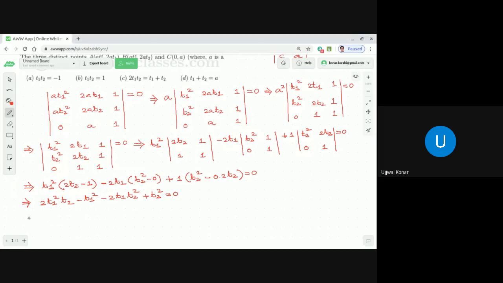So what can we take common? We can take 2t1 t2 common from the first and third term. So if we take 2t1 and t2 common, so we get